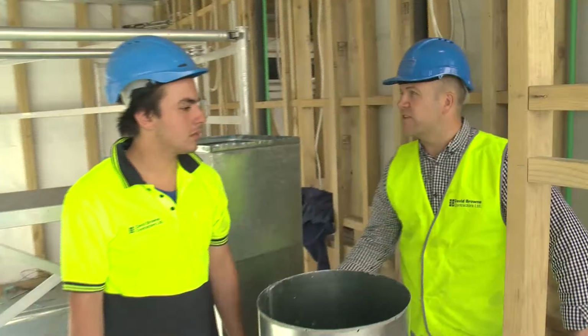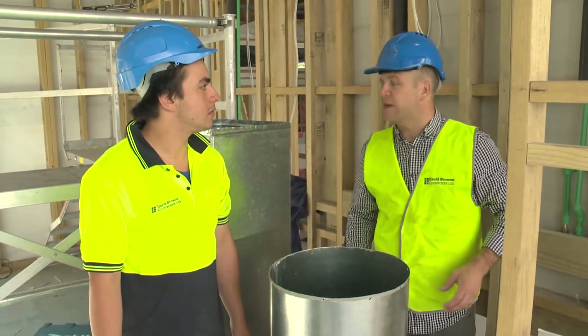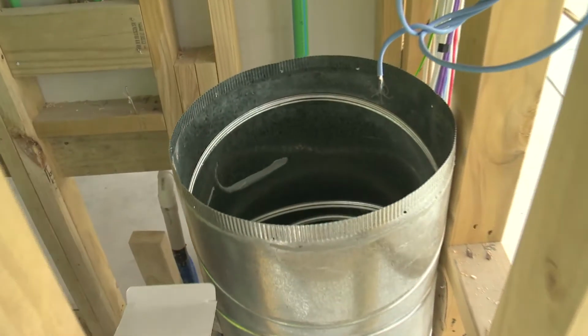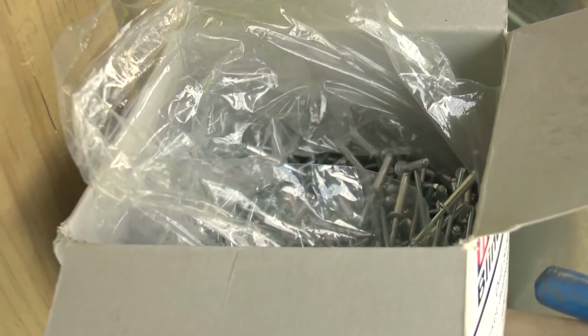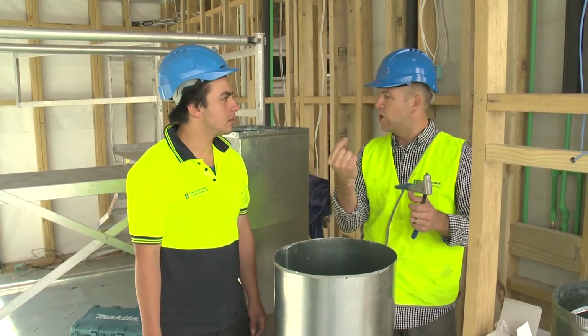The installation of ducting, which conducts either hot or cold air around a building, is a big part of the job. When you take this bit of galvanised sheet metal, put it on top of here, line it up with the holes and put some pot rivets in. What's involved with the rivets? The rivets, this here's a rivet. Basically we're going to put this end into the ducting, pull it up tight, snap it off to close the